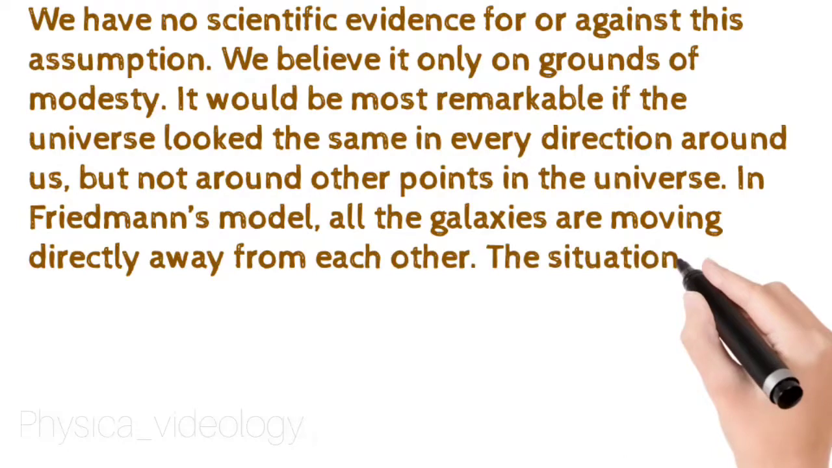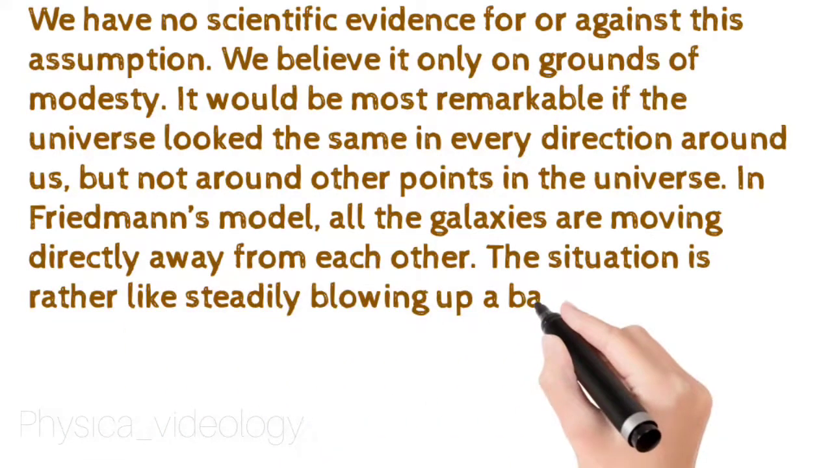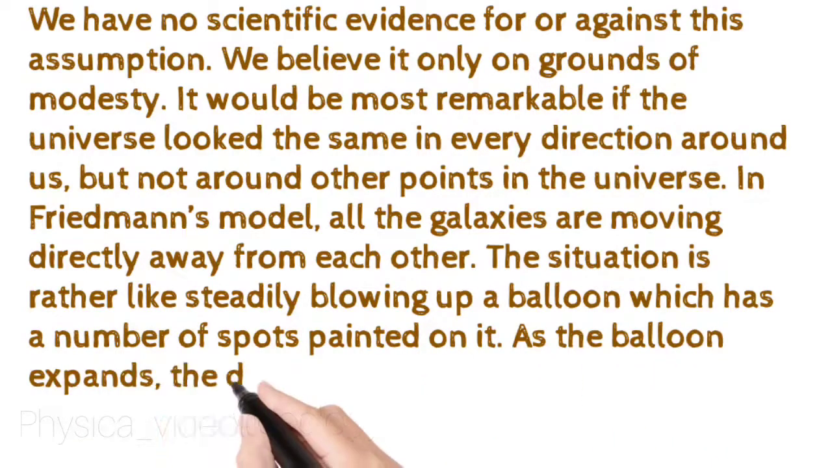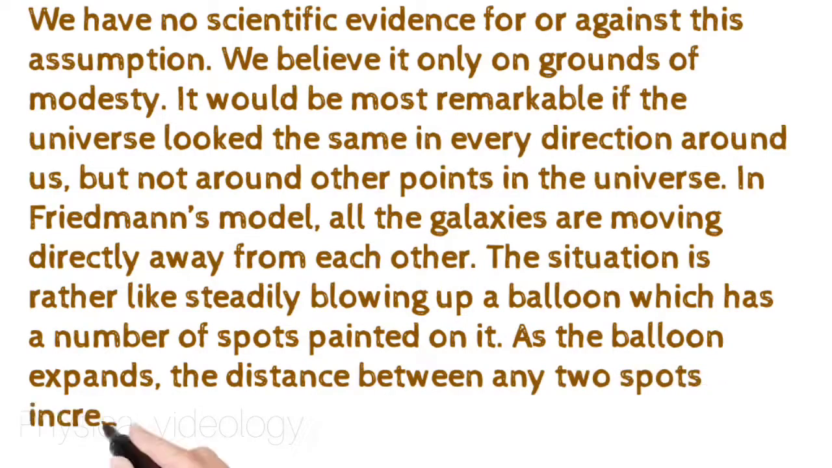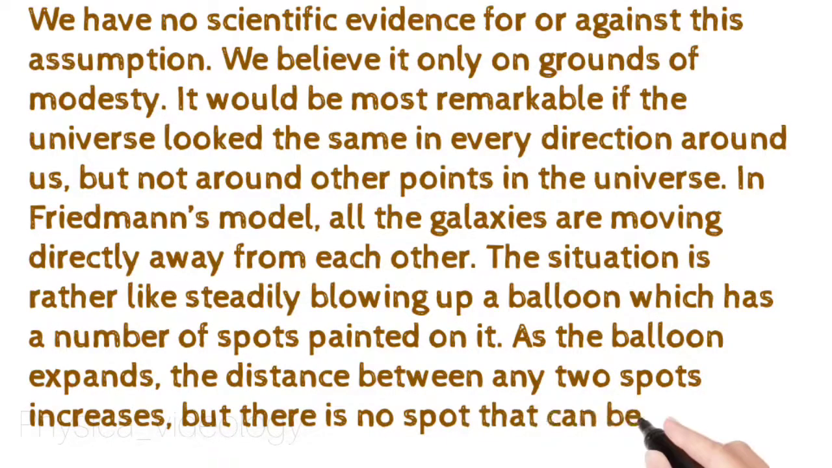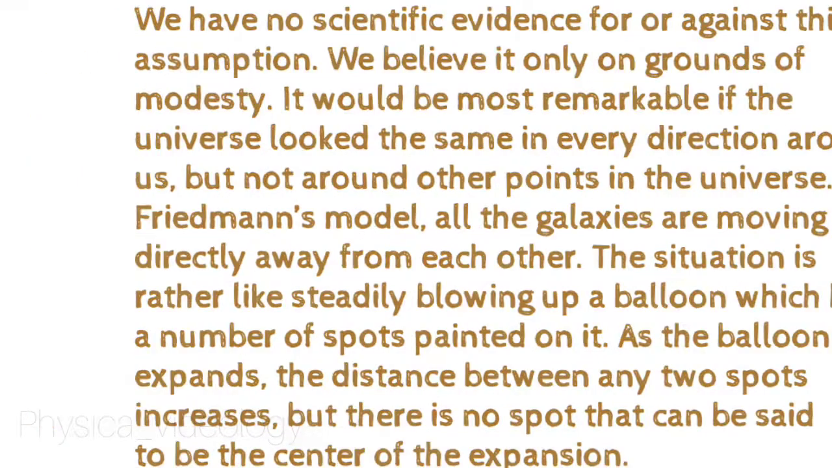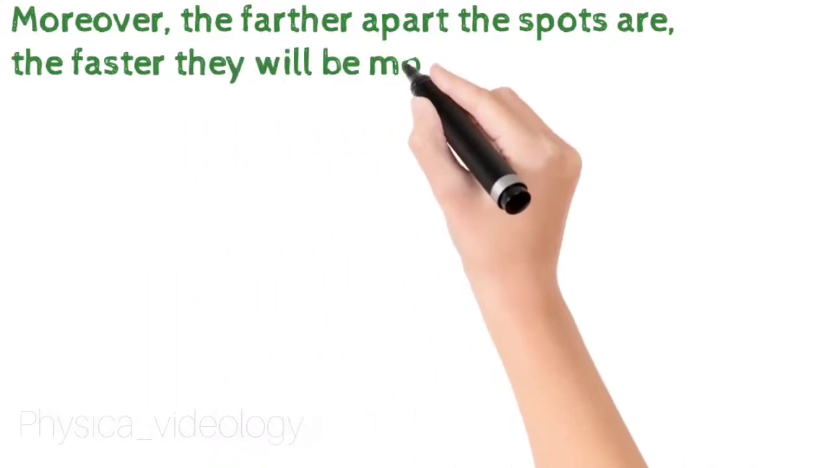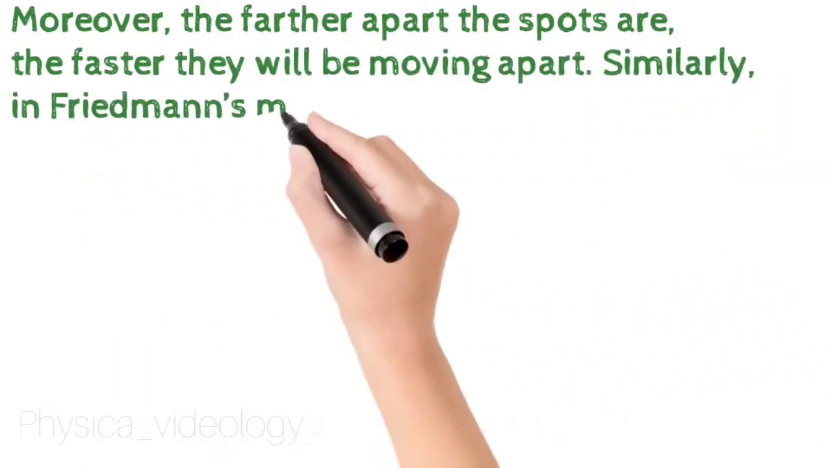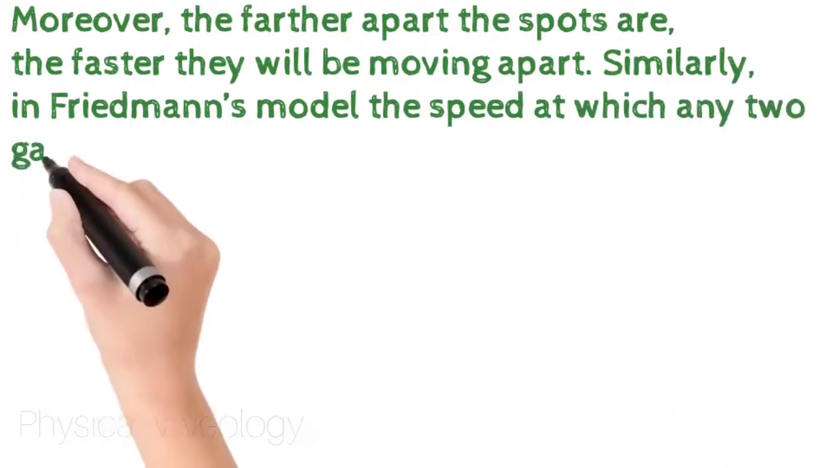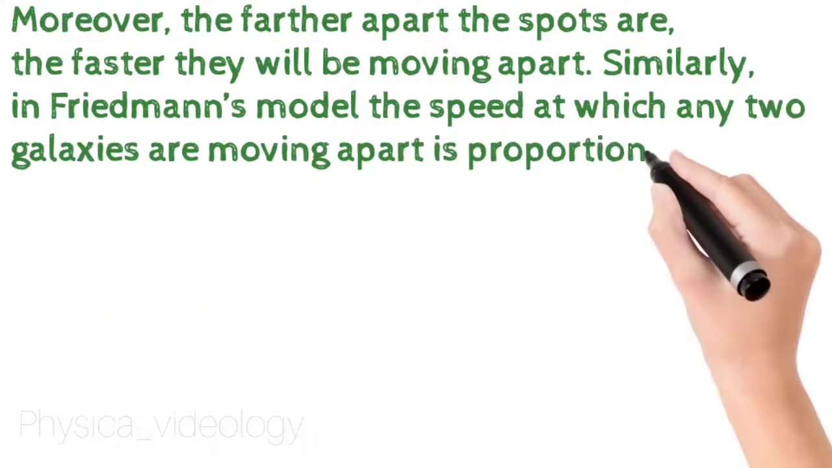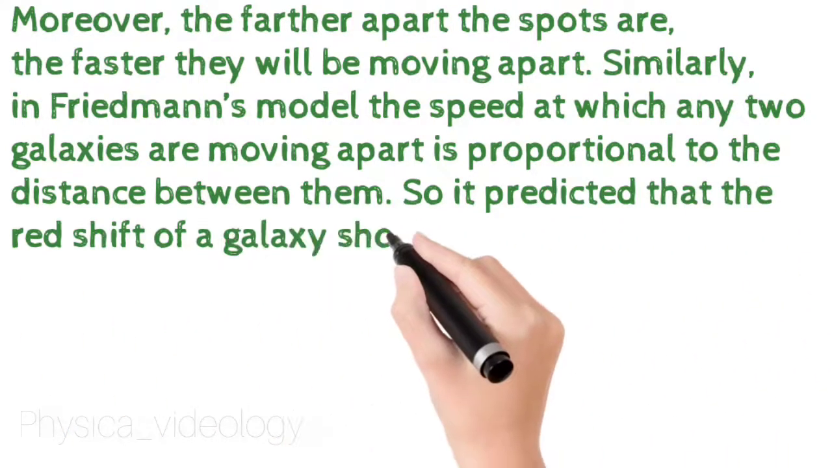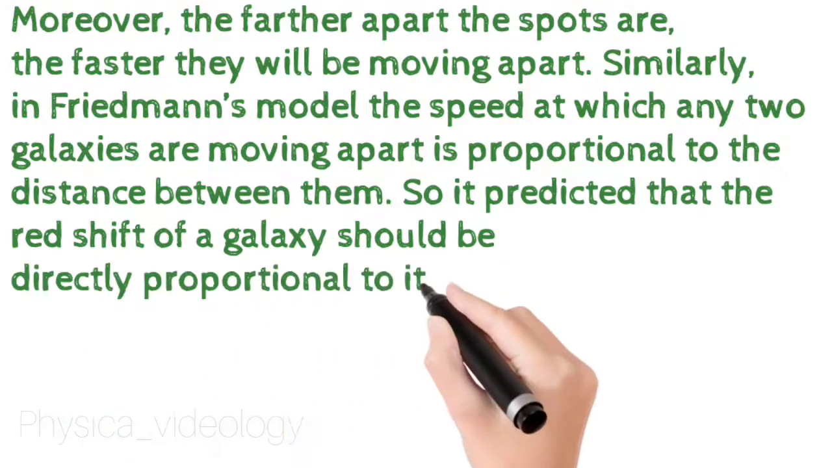The situation is rather like steadily blowing up a balloon which has a number of spots painted on it. As the balloon expands, the distance between any 2 spots increases, but there is no spot that can be said to be the center of the expansion. Moreover, the farther apart the spots are, the faster they will be moving apart. Similarly, in Friedmann's model, the speed at which any two galaxies are moving apart is proportional to the distance between them. So it predicted that the redshift of a galaxy should be directly proportional to its distance from us, exactly